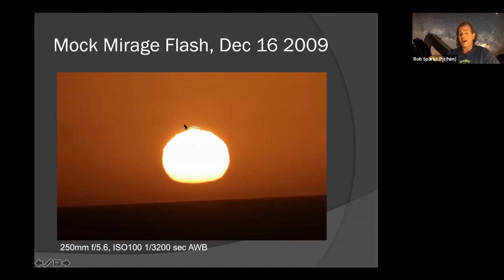That's called a mock mirage. So sometimes the sun passes through a very strong temperature gradient, and this little piece of it will appear to break off and float above the sun for a few seconds. That's a mock mirage. Sometimes they can look green. This one looks sort of greenish yellow, but that's one type of green flash, a mock mirage green flash. And they're very common over the ocean, especially when you get that very strong temperature gradient. But I saw this one, that was my first night out, and I sort of got hooked. This sort of picture got me hooked on chasing the green flash and sunset phenomena.